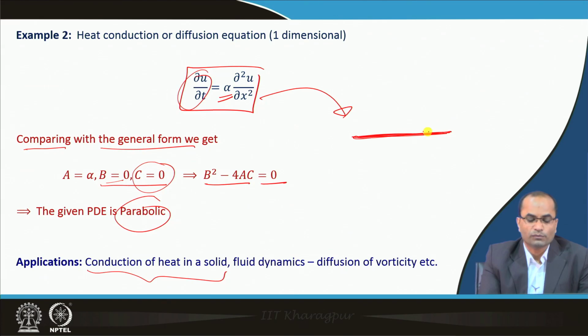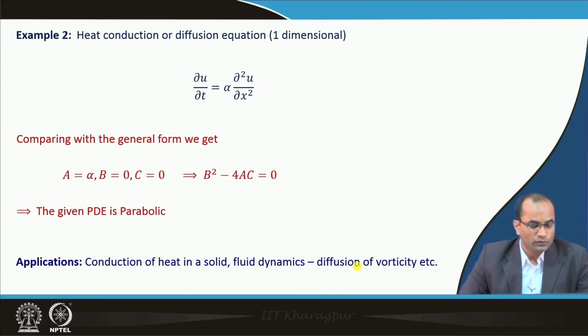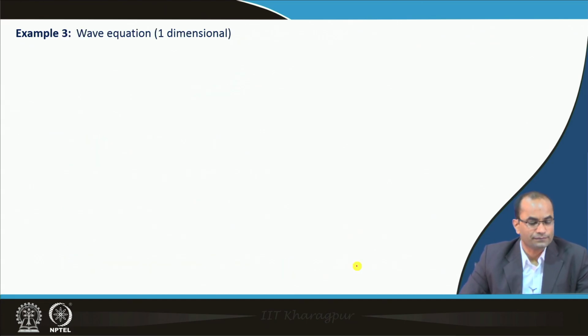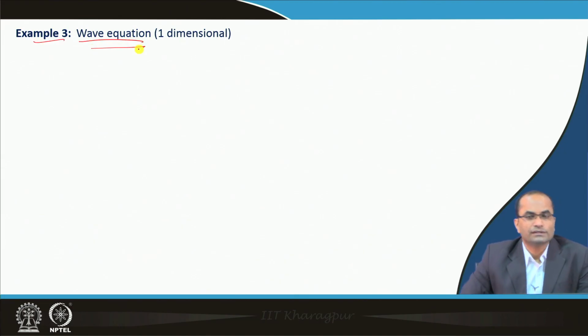So, the material property etc. will be modeled in terms of this alpha, and also it has application in fluid dynamics, for example, the diffusion of vorticity, etc. Well, so this is the example of a parabolic equation, and this is the well known equation of heat conduction. Now, the third example, we have this wave equation, which again in one dimension we are writing here